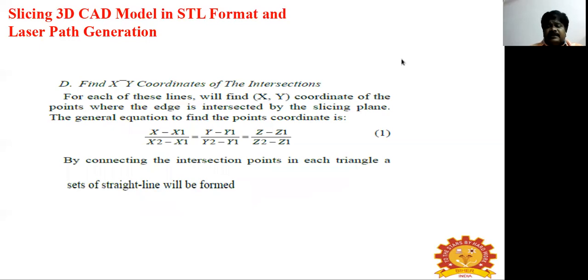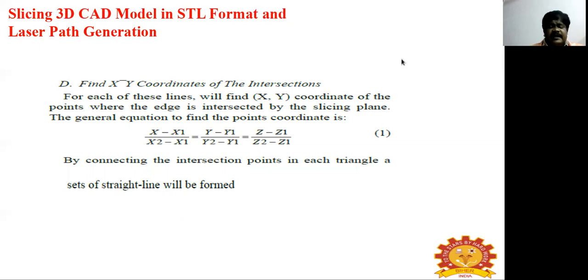The general equation for finding the point coordinates is (x minus x1) divided by (x2 minus x1), equal to (y minus y1) divided by (y2 minus y1), equal to (z minus z1) divided by (z2 minus z1). That is equation 1. So we can connect the intersection points in each triangle, and sets of straight lines will be formed.